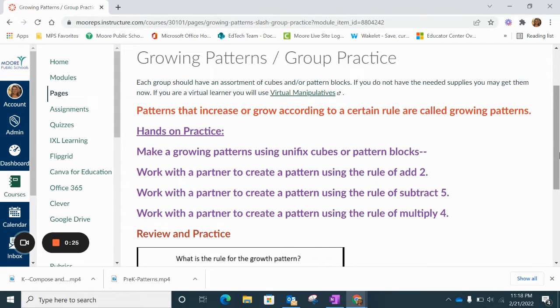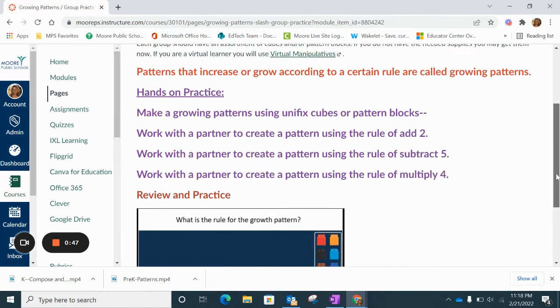The first one is to build a pattern using the rule of add 2, and then a rule of subtract 5, and finally build a pattern using the rule of multiply 4. Once students have worked with a partner to complete these activities, they will be moved on